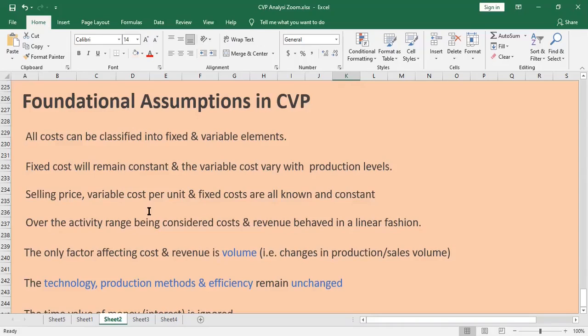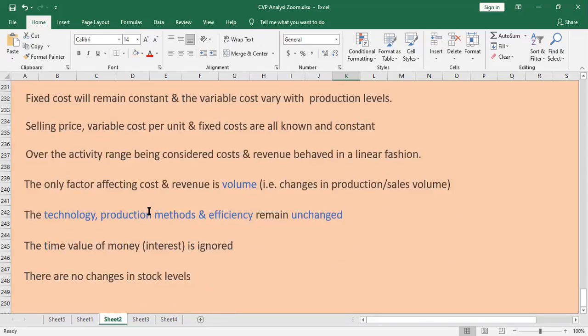Then we have the fifth one, the only factor affecting cost and revenue is volume. We don't have changes in the production and sales volume affecting it. So that is another assumption that we are making. And another one, the technology, production method, and the efficiency, we think that those things are going to be the same. But we can safely assume that, because since we are doing this for short term, we can just assume during a short period of time, the technology is not going to change, production method is not going to change, the production efficiency is not going to change,